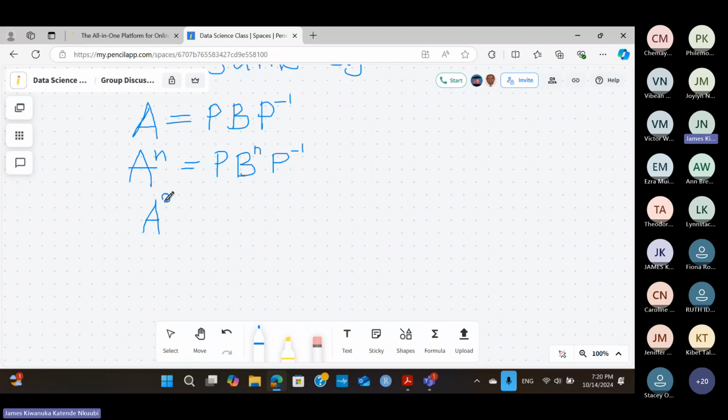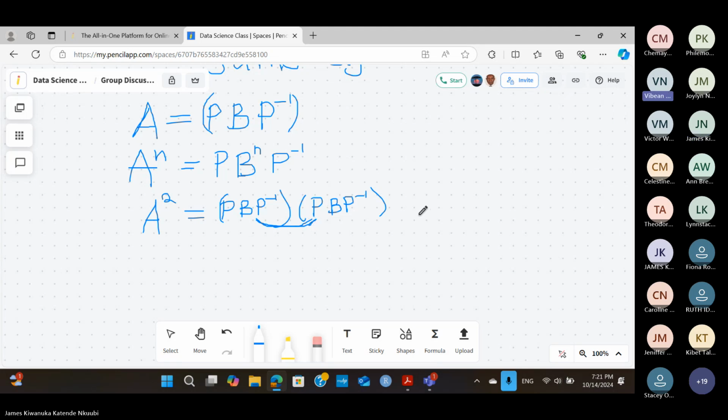So suppose you want to get A squared. A squared simply means you multiply this by itself, right? So let's do that. Multiply A by itself, which will be P B P inverse multiplied by itself, P B P inverse. So these two matrices, once you drop the brackets, P inverse and P will give you the identity. And then what do you have left? P multiplied by B, which is B squared,